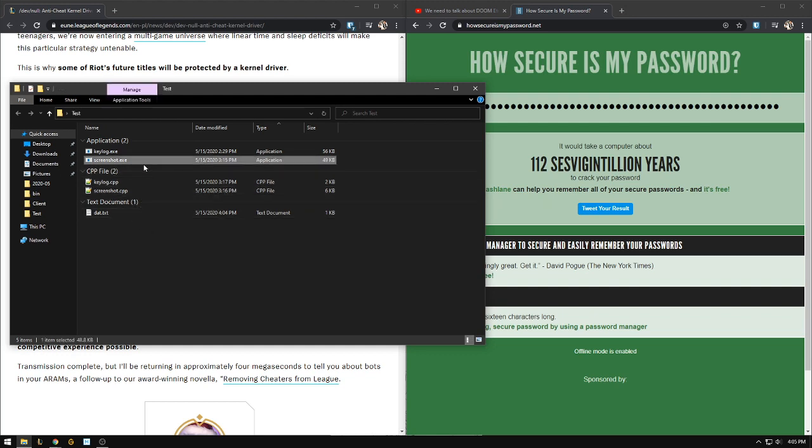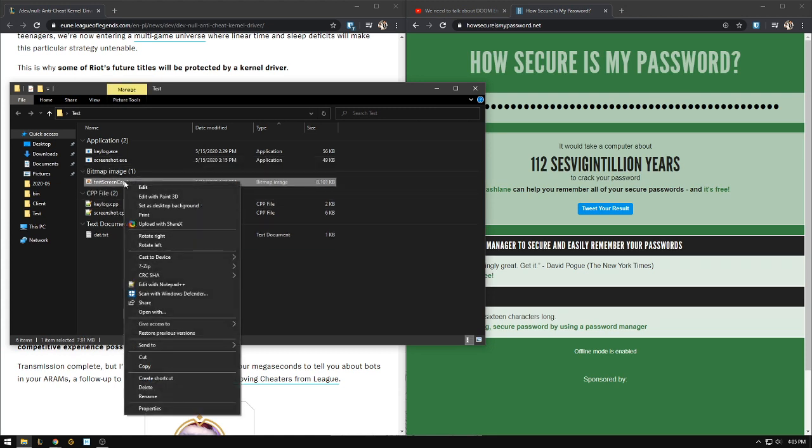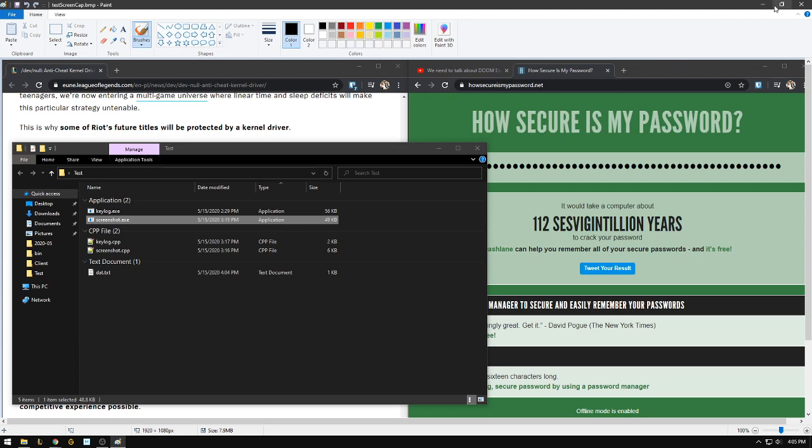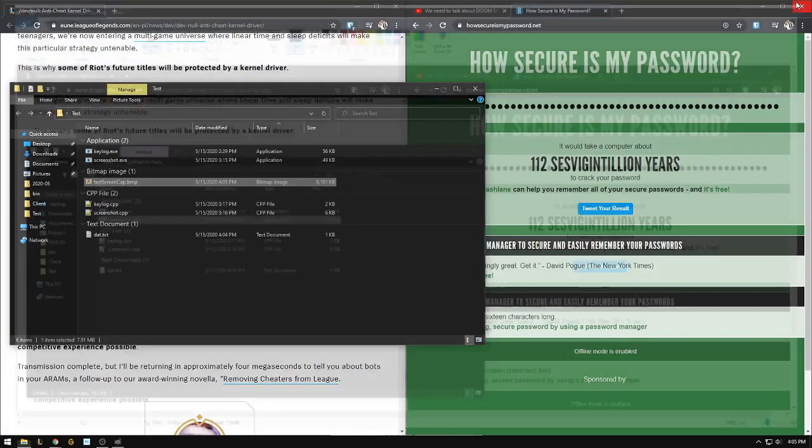Same way, this would be like a stolen file, potentially, or a screen recorder. This is screenshot.exe. Like I said, the source code is in the description if you want to read these. But if I just double click this, oh look, it screen capped my PC. And if I wanted to, I could add one extra line to the bottom of this to upload it to some FTP server in China. And now I have a picture of your desktop in 49 kilobytes of code running from